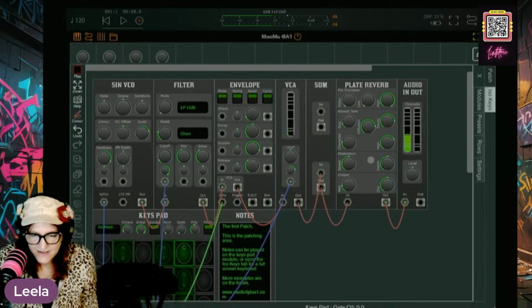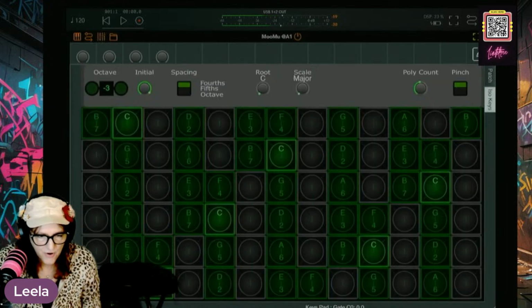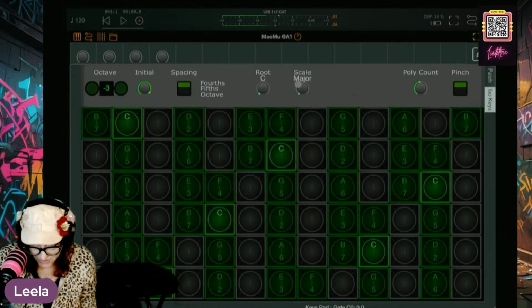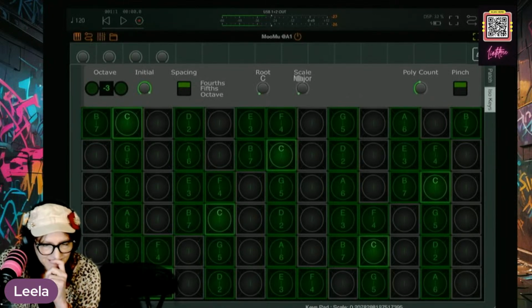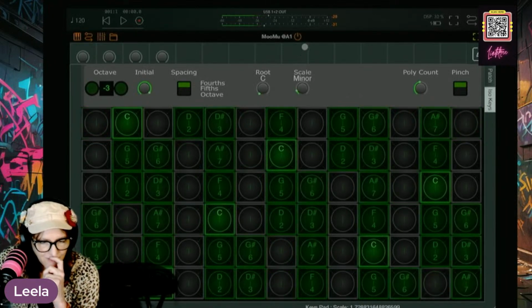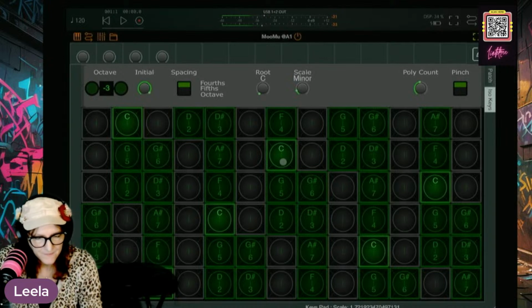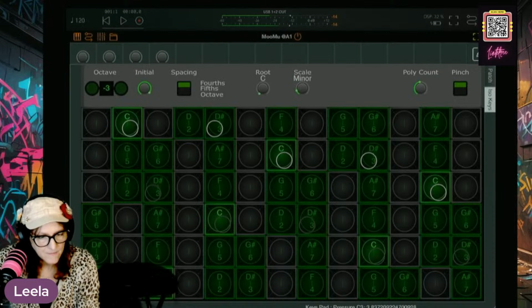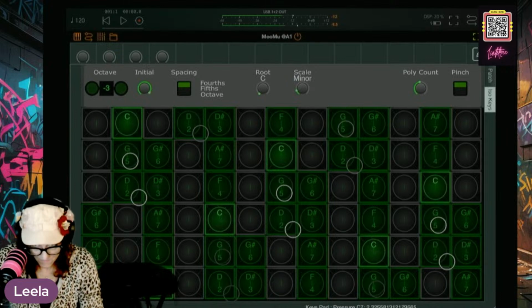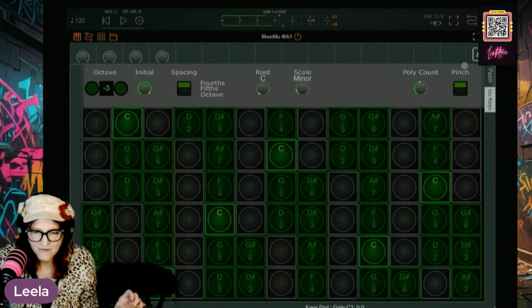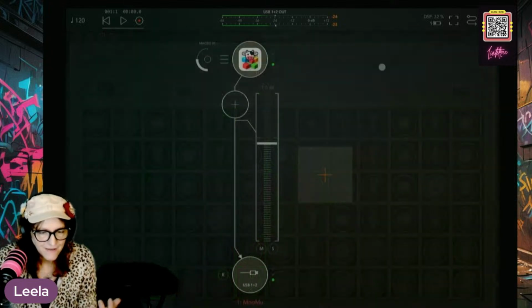And if you notice, you open up your ISO keyboard and you'll see we're in C major. What if we change the scale? Now it's C minor. See, that sounds so wicked. See, that's just nothing. You just did nothing.